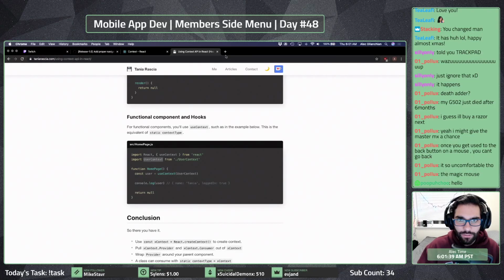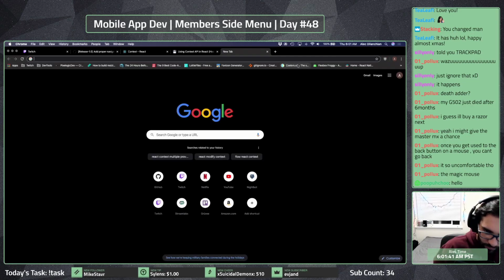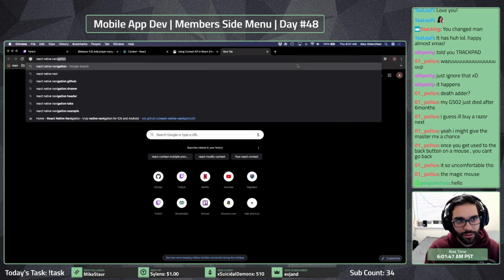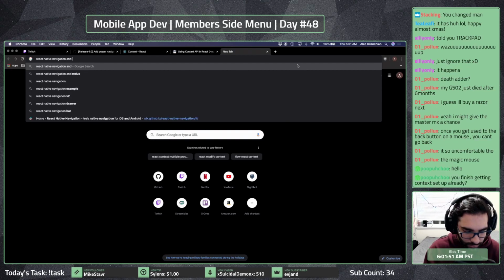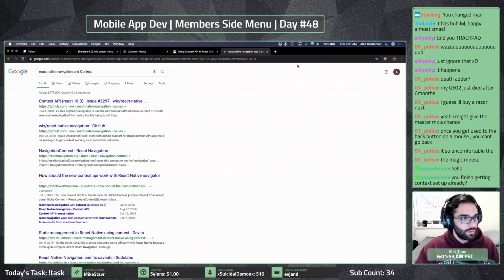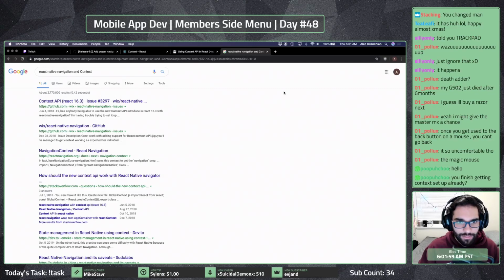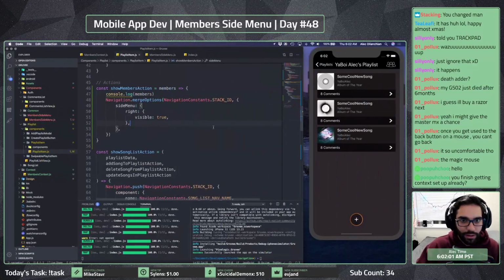Let me see if I can look something up here. React Native navigation and context. Yeah, so I think I got it, but I'm having some issues with it.